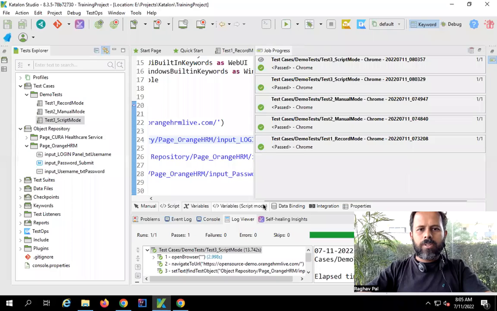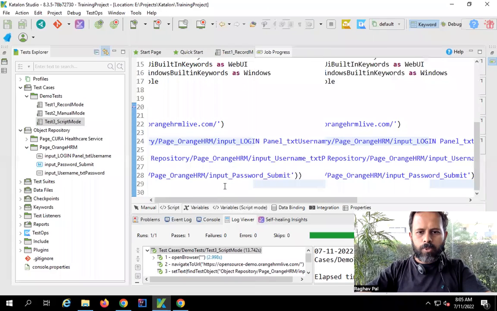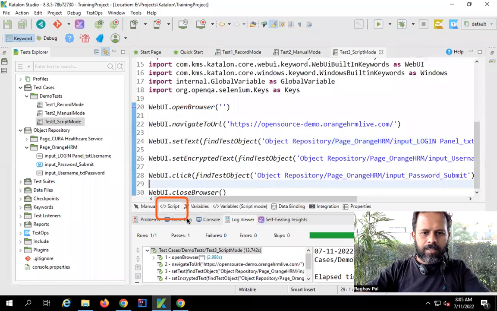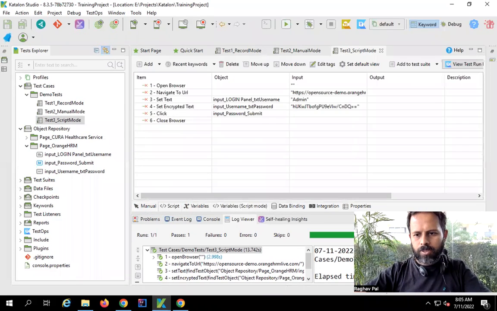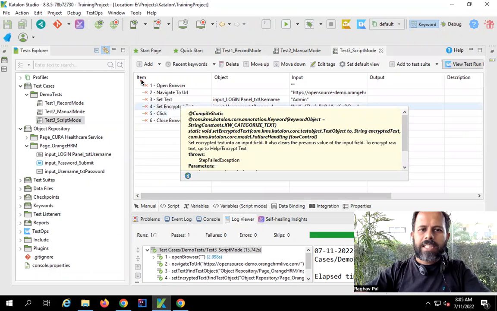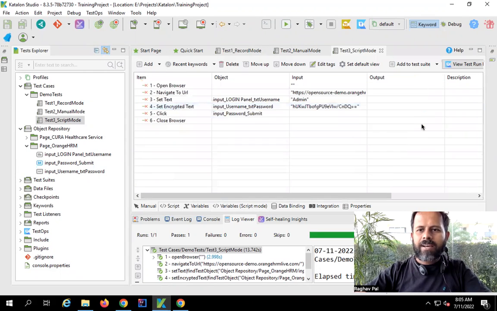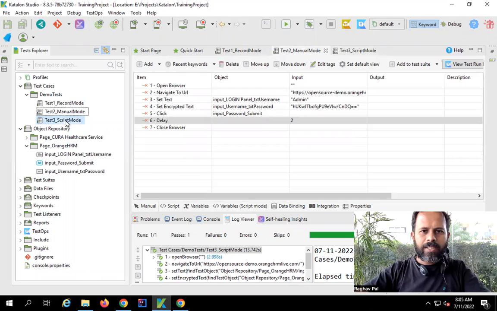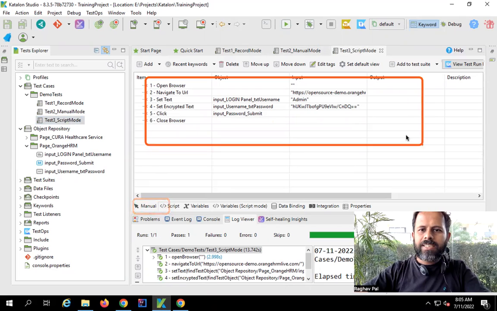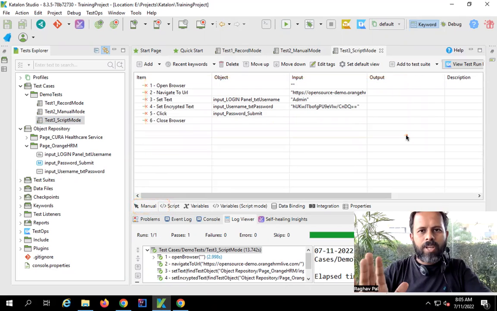Now, if you look at this script mode, if you look at the script here, and if you go back to the manual mode here, so let me show you. If I go here to the manual mode, you will see these are the same steps as we have created earlier while we were doing a recording, or while we created the test in a manual mode. So if you look at your manual mode test case, and you look at the script mode test case, and you look at the manual tab, you will see these are looking exactly how we have done in the manual